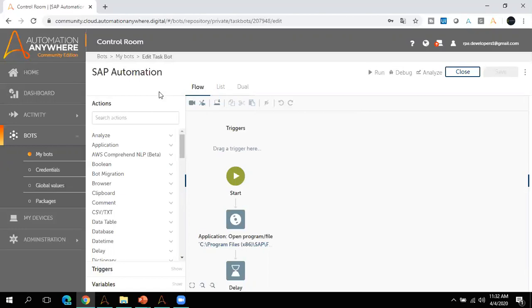Okay, so now the Automation Anywhere actions, or the commands which you see here, they have added so many new things which will help you make your bot more robust, and you can add more features in your bot, which will help to automate many tasks. If I select some examples, for example, you can see bot migration. They have added this command, they have added this boolean, and they have added date and time and data table. Earlier this command was not there.